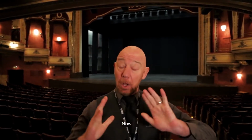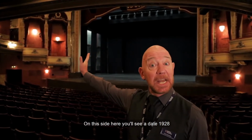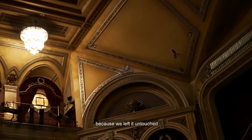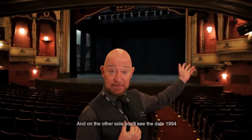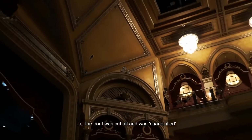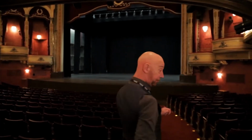Amazing. Now, if you look up at the boxes on this side here, you'll see a date, 1928. That's the date of this interior because we left it untouched. We just repainted it. And on the other side, you'll see the date 1994, and that's when all the alterations happened, i.e. the front was cut off and Chanelified. And if we go down here,